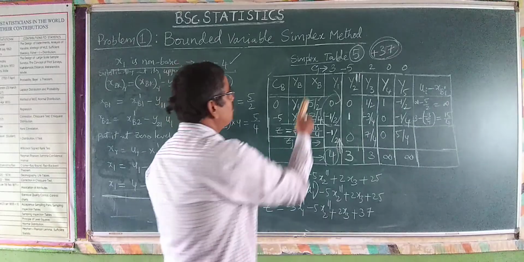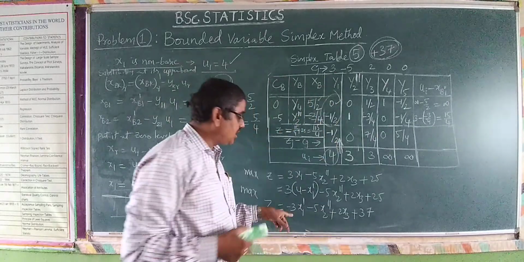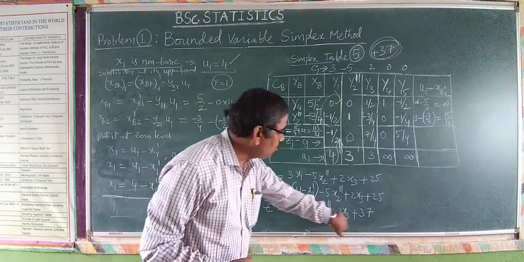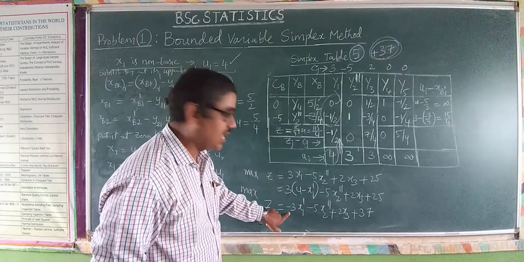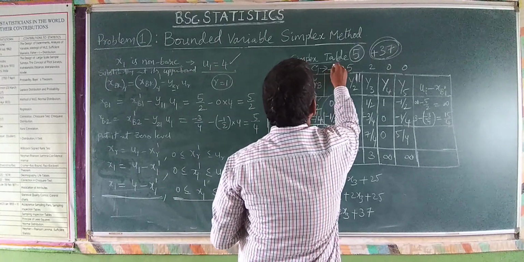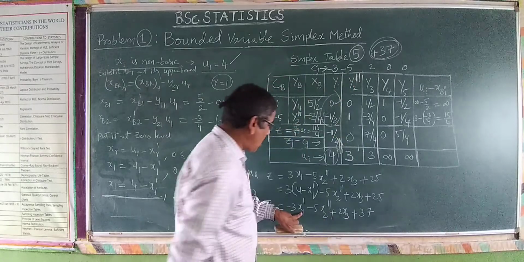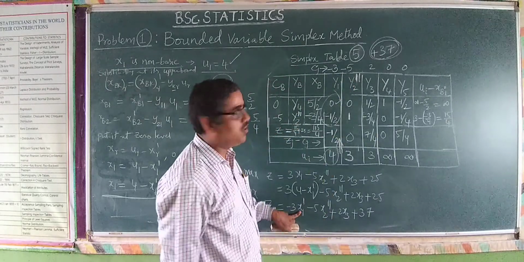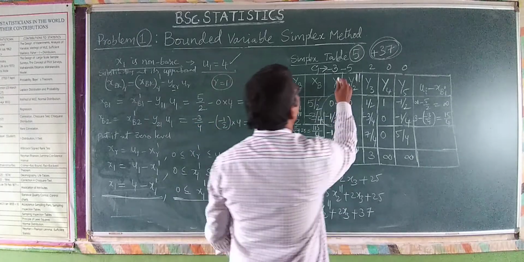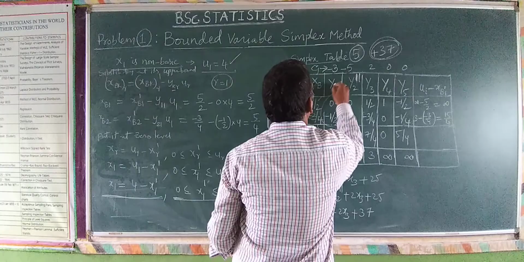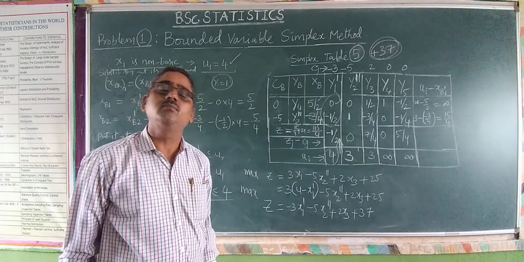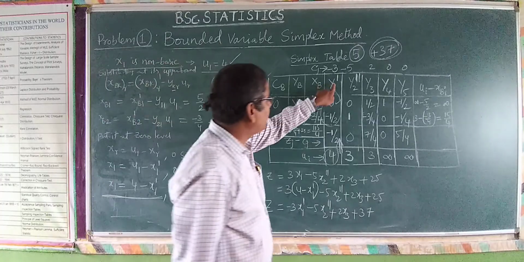Now you have to observe the cost here. First of all, change the cost: minus 3, minus 5, 2, and 0, 0. So minus 3, it is x1 dash, so hence it is minus 3. And this is y1 dash, not x1 dash. Now this is x1 dash, the variable. It is y1, which refers only to x1. Now it was changed as y1 dash. Are you able to understand this one? Follow it clearly. So it is y1 dash now.